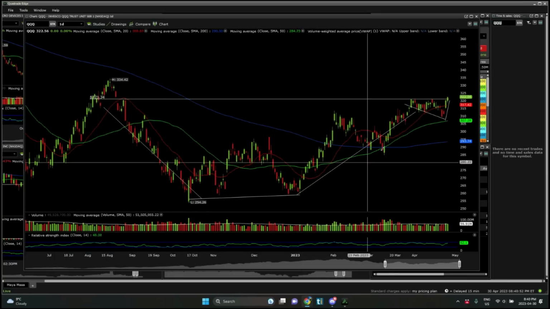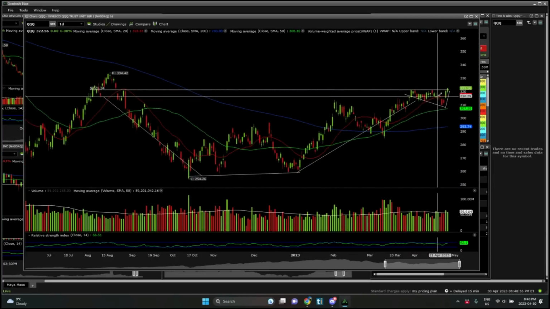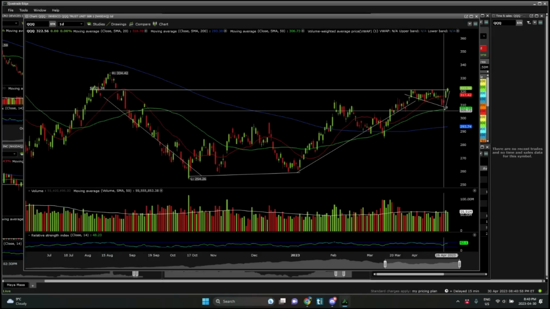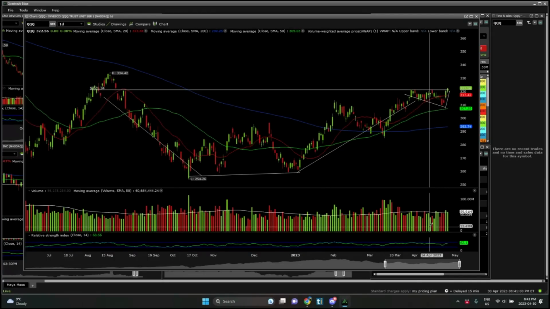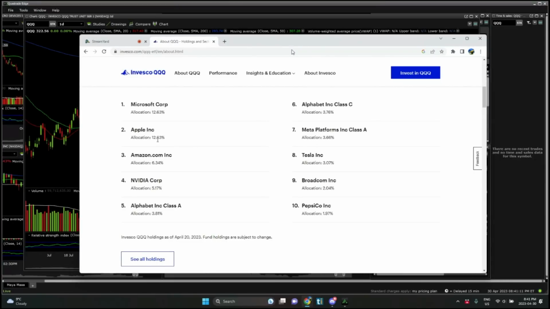It's like even the setup is crazy, right? The market pulls back into the moving average and holds above the 50 and reverses. The selling pressure is low, so all the technicals point to the Qs being extremely strong this week. But if we look at the holdings, Apple's earnings is like, this is the Qs' top 10 holdings. This is basically the FANG, right?